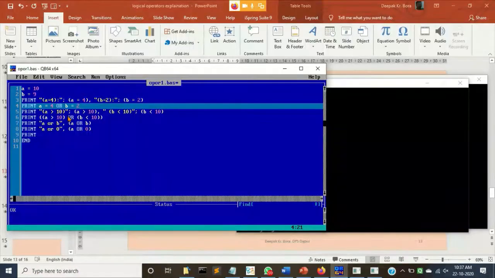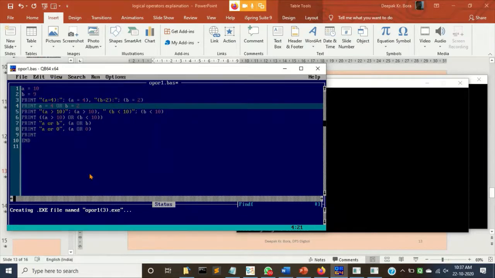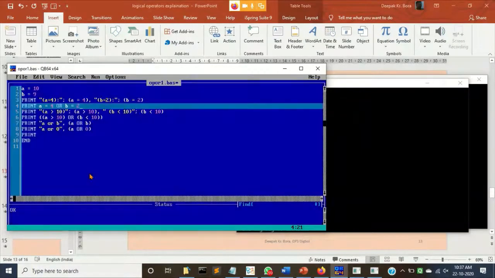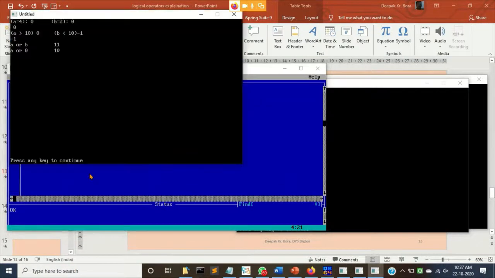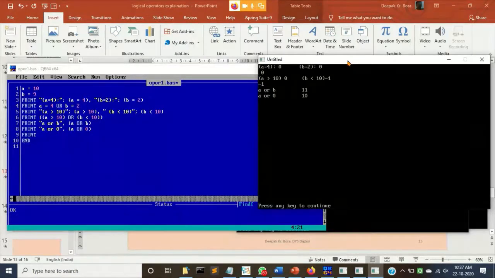It is good to put brackets. Now I'm running it. I also don't know the output here properly. Okay, it is giving me the same output. That means here, according to the precedence rule, OR is being evaluated last. In the book it is not given, but here OR is the operator and its precedence is the last one.